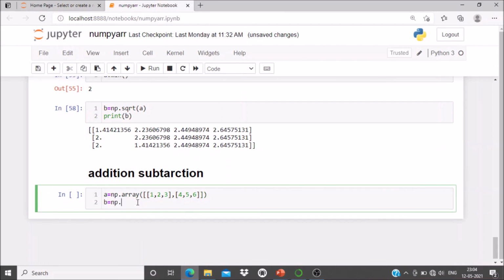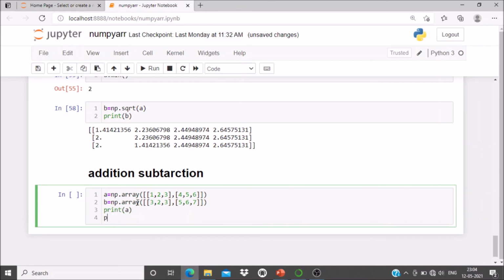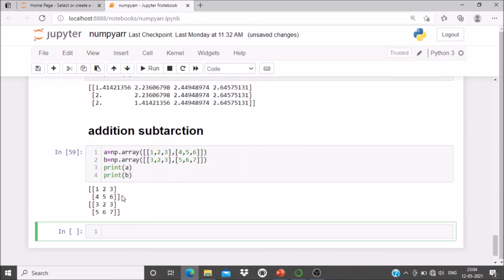We will take np.array, and the elements are 3, 2, 3, 5, 6, 7. Okay, so you can print it and check what the elements of a and b are. So print a, print b, run this. So a is 1 2 3 4 5 6, b is 3 2 3 5 6 7.